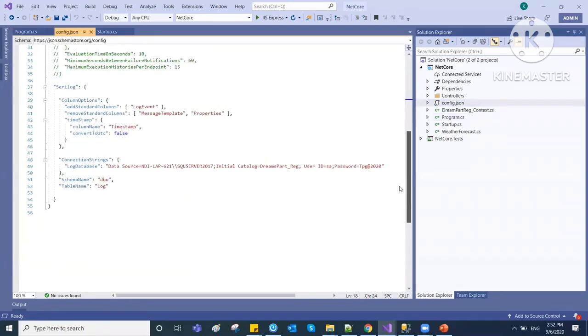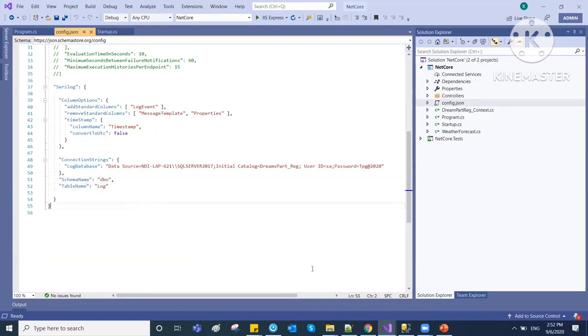Like here you can see this is the Serilog connection string and the column options: message template, properties, timestamps. For timestamps, convert to UTC is false, I have put it false. Then the connection string, that is my connection string of my database, this is the schema, that is dbo, and this is the table name,